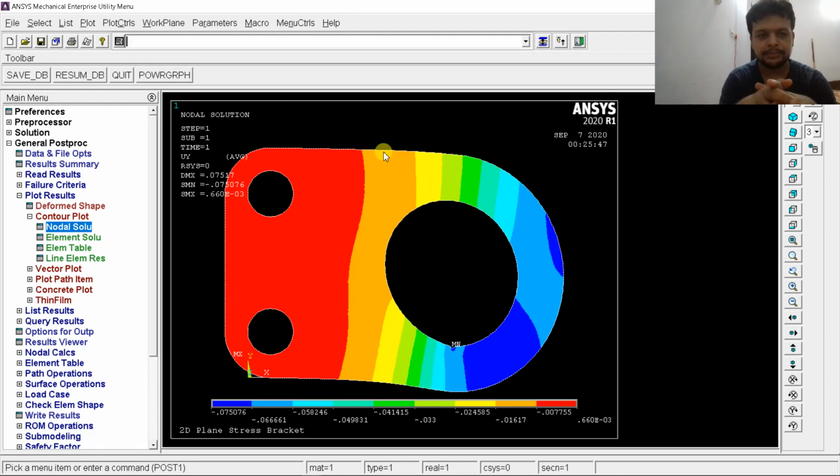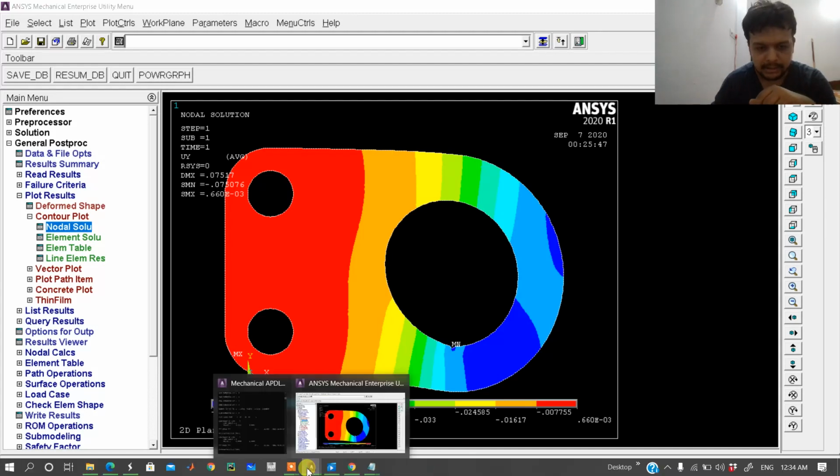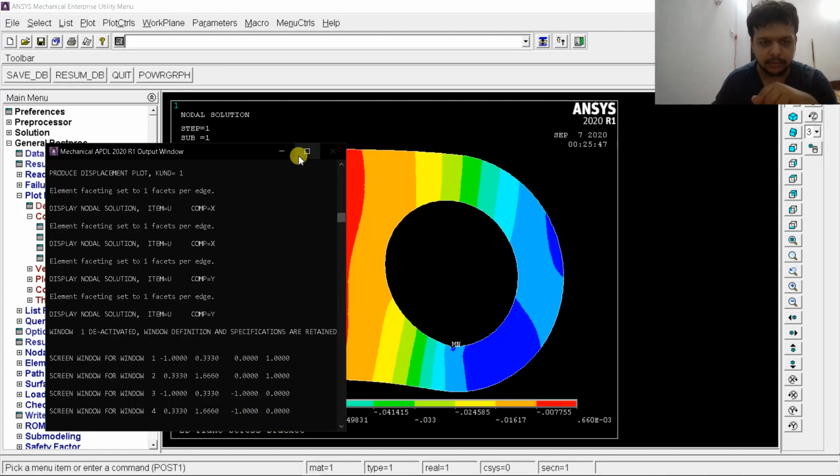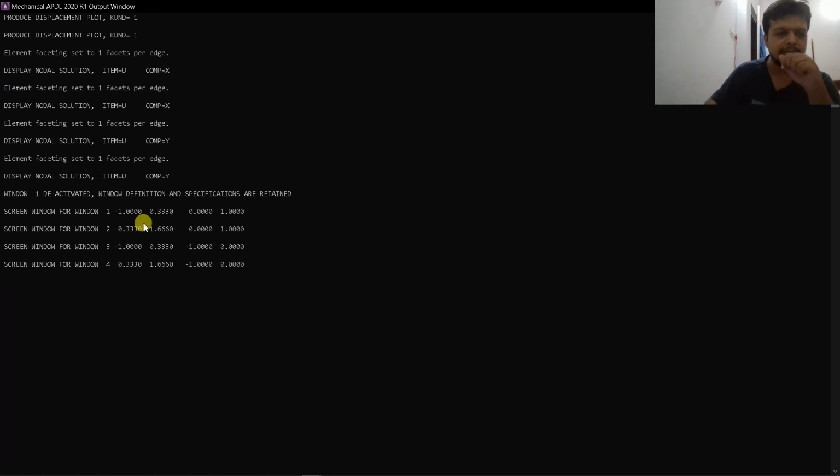Okay, so let us check the output once. Here you will get one more window that will tell you what is going on. Whatever command you type, the output will also be shown here. If there is any error, it will indicate it here directly, and you can eliminate that type of error. So see here, there is no error. I am not able to find any error.